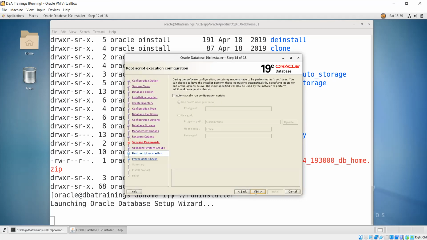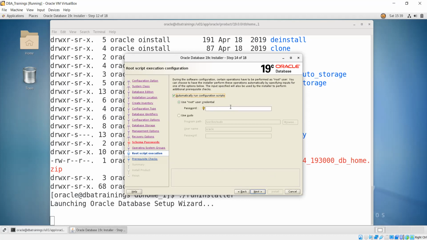So I don't want to run any script here. This is saying what? Automatically run configuration script. So what happened? Sometimes if you remember earlier, we were fully dependent on the OS admin, and then we asked them for root access, they gave the password, and did all the things. So here their root user will give the password as per their side, and it will be done automatically.